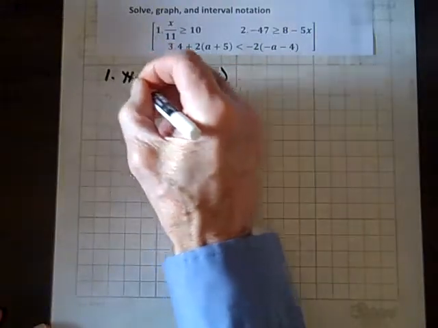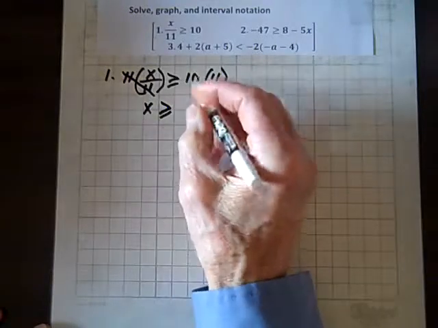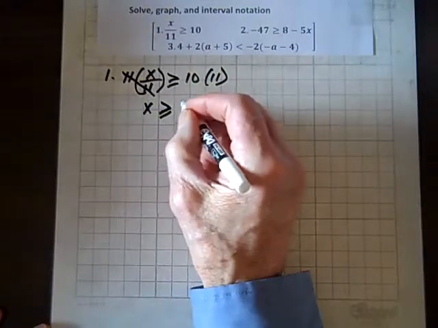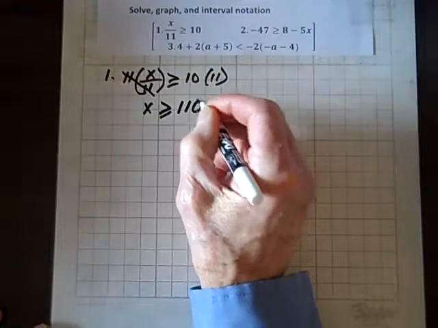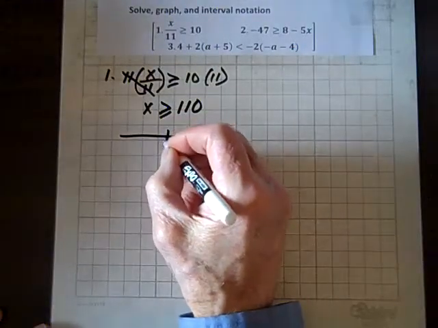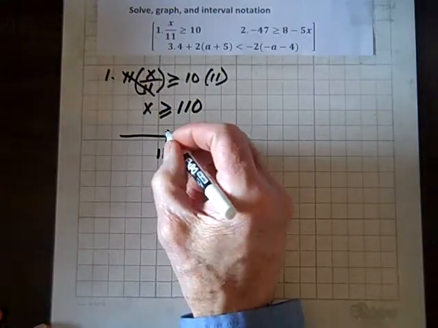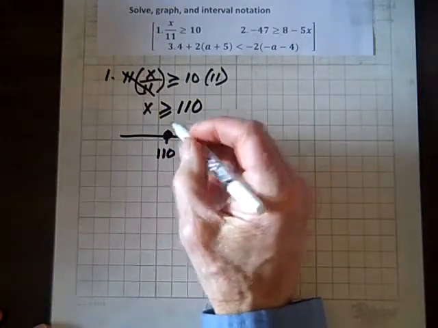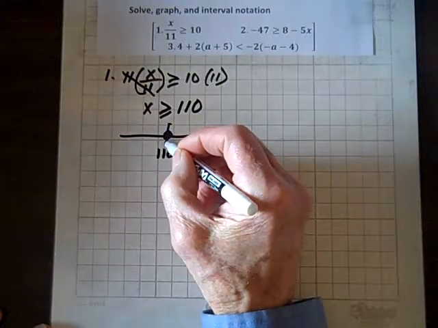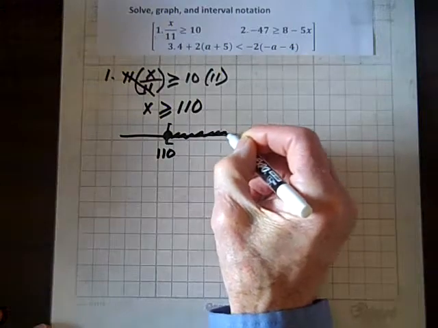And now the denominators divide out, and we've got x all by itself, and that's greater than or equal to 110. Now let's graph it. We've got a hash mark at 110. And I'll put a solid circle here, or the book does it this way, they'll put a bracket. Either way works. Shade everything to the right,